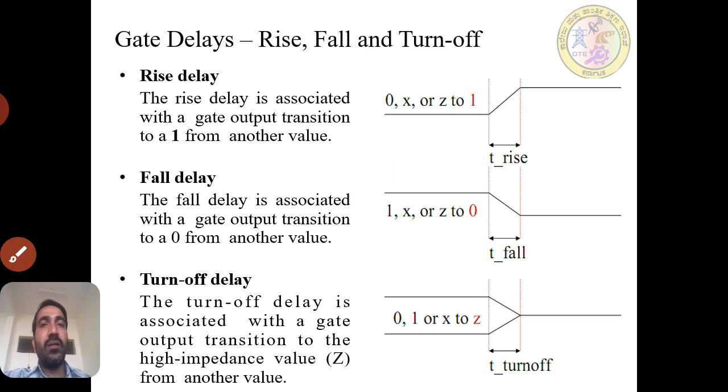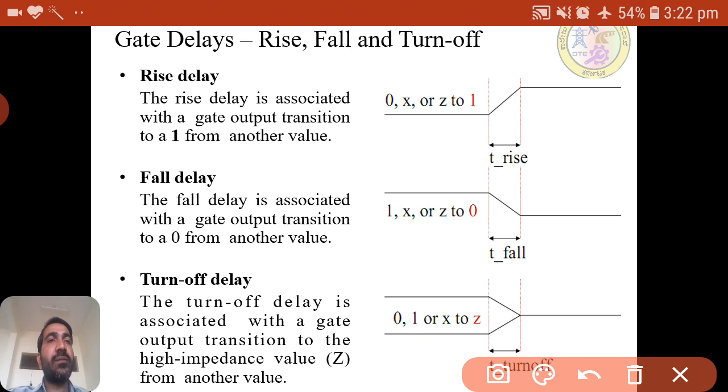So what do we mean by rise, fall and turn off delays? First we'll see the rise delay.